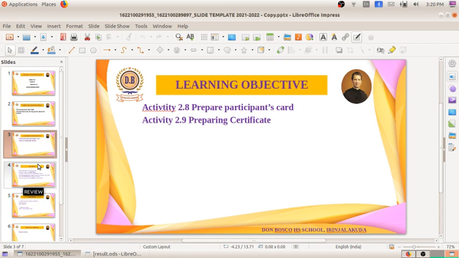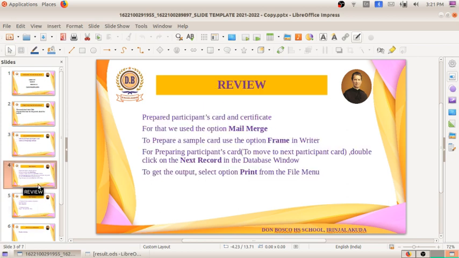After that we added the index table also, and at last for the youth festival we needed to prepare three things. First is the invitation card for parents, second one is the participants card, and third one is the certificate. So we created all that. In all these three things, the important thing which we used is the mail merge option. So by using the mail merge method we have completed all the activity. Okay, so this is the thing we have done.